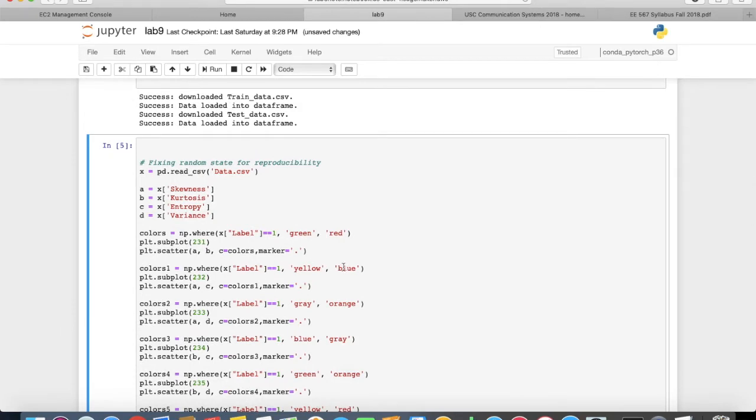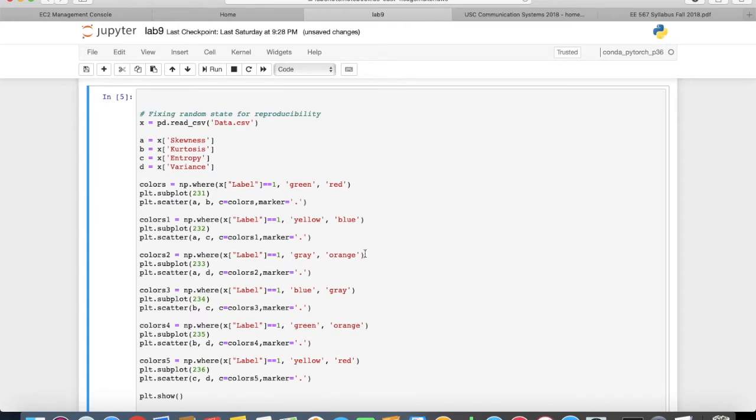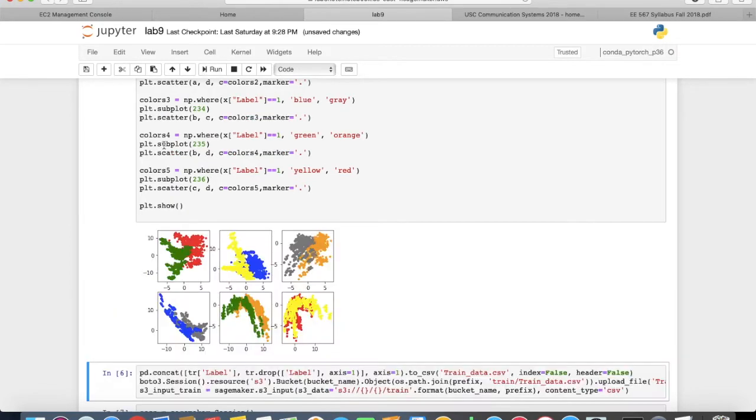Now this is the piece of code we have written to implement the scatter plot. When you run it, you get the scatter plot. There are 6 scatter plots, which are the combinations of the 4 features we have: the skewness, kurtosis, entropy, and variance. This is for the skewness versus the kurtosis. This is for the skewness versus the variance. This is for the skewness versus the entropy. This one goes for kurtosis versus the variance, the kurtosis versus the entropy, and the last one is for the